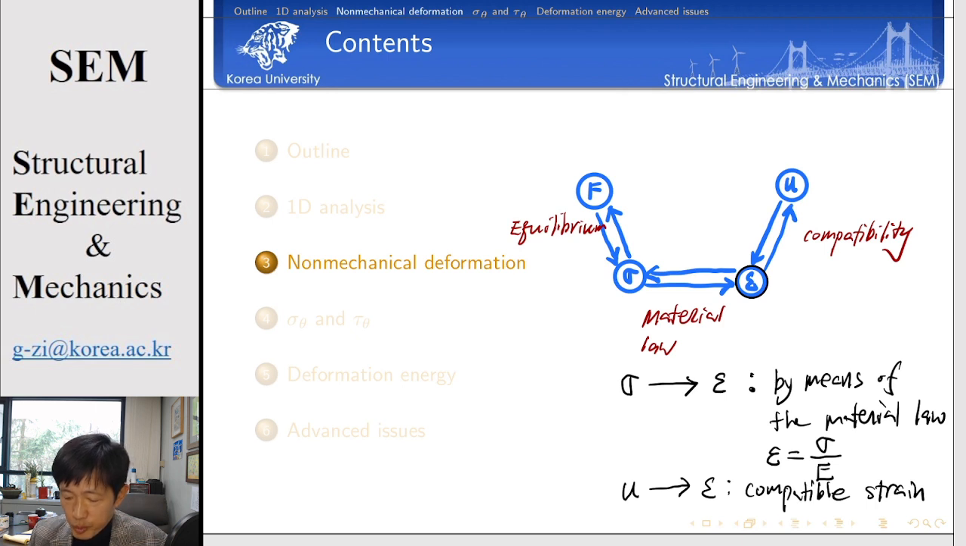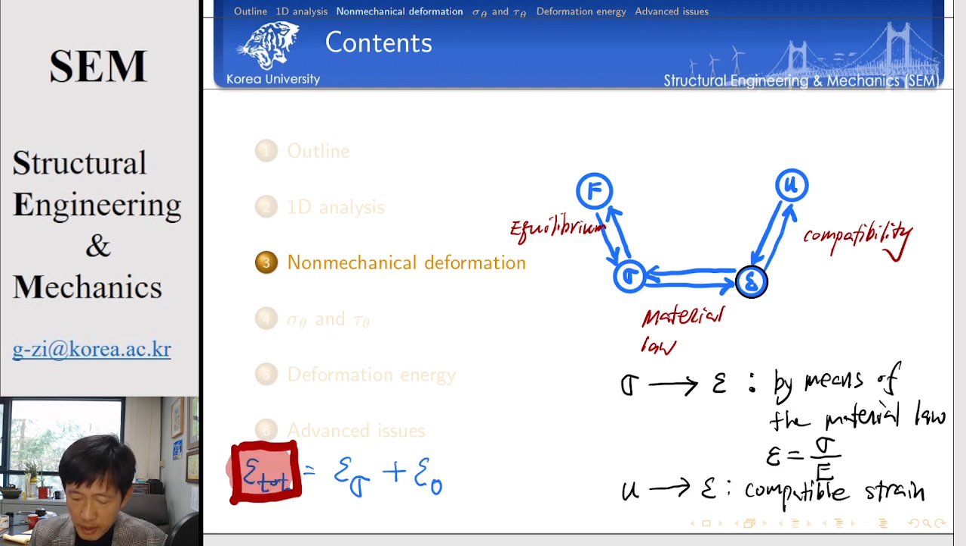So if you consider the superposition of strain, say the total strain is the sum of strain caused by stress and also strain caused by the other effect, that becomes the total strain. So make sure that the total strain, this is the apparent strain. This apparent strain must be subjected to the compatibility. And this is compatible strain. And then the first term in the right-hand side is